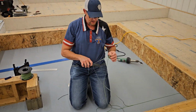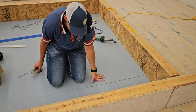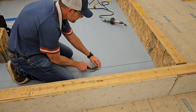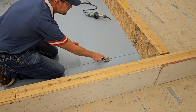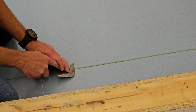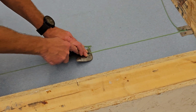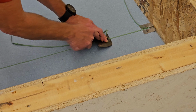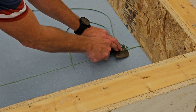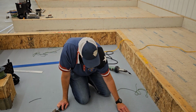Okay. Now I am ready to turn and finish skiving the other direction. Slight pressure down on the tip of the spatula knife. All the way to the wall. Now we have a nice seam